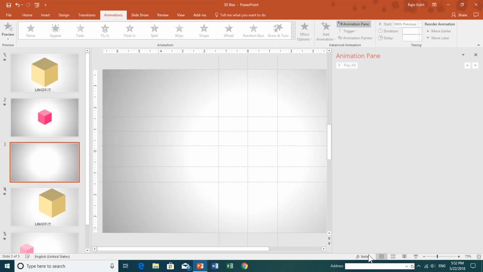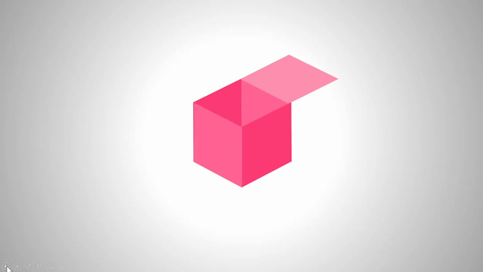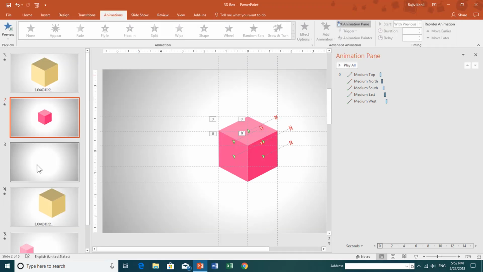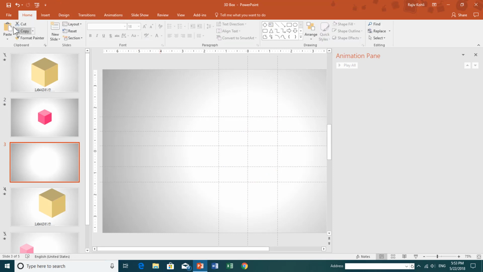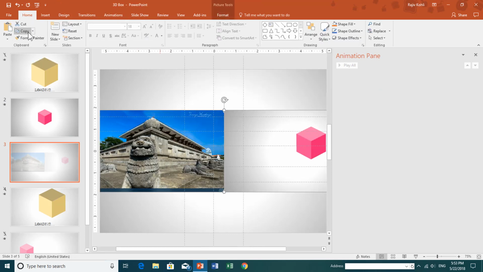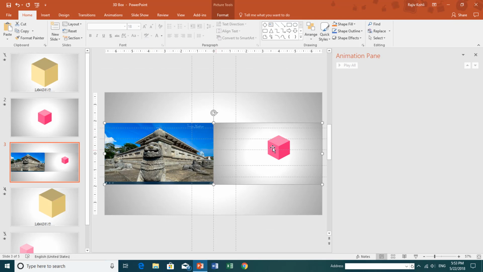and let it move on the third slide. Let me do that again. That is on the third slide, and as soon as I click on this button, previous and next slide button, that will stop the animation for a second here, and just hit the print screen button from the keyboard. Hit the print screen just once, and now at the third slide go to the home tab and then click the paste button.